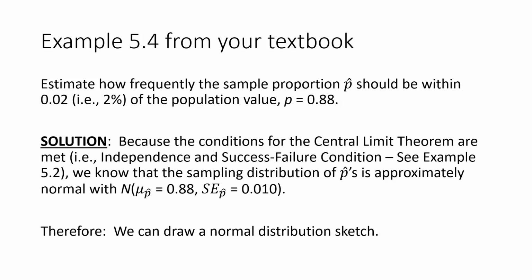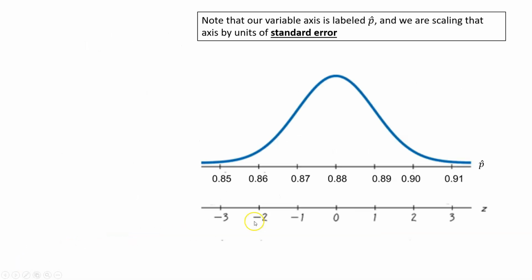And therefore, we can draw a normal distribution sketch to answer this question. So let's go ahead and do that. Here's a normal distribution sketch. Notice that I've labeled the variable axis as p hat. We're scaling the axis by units of standard error in this case. Remember, our standard error was 0.010. So I went up 3 standard errors and I went down 3 standard errors from this value in the center